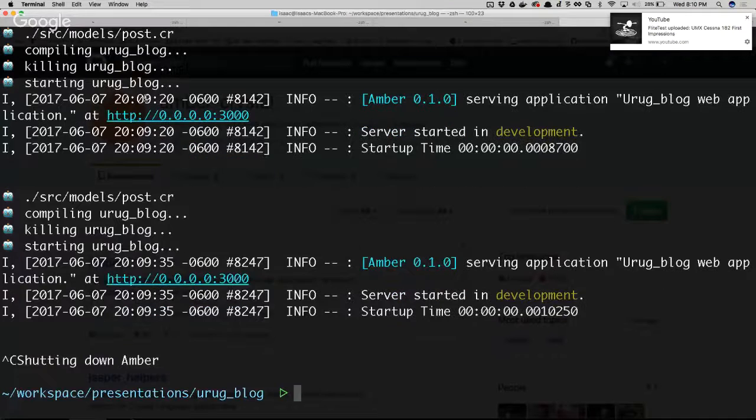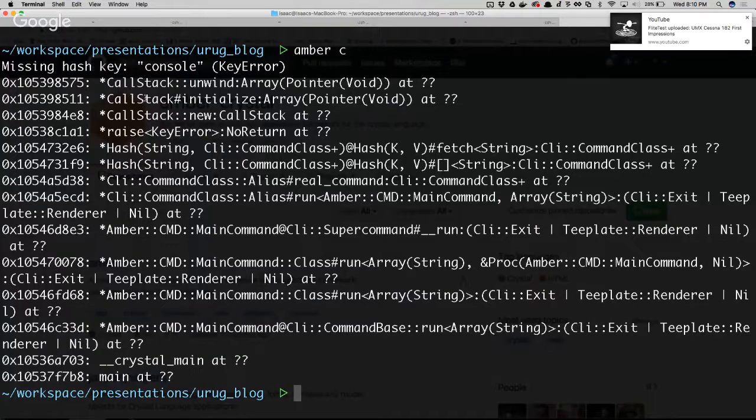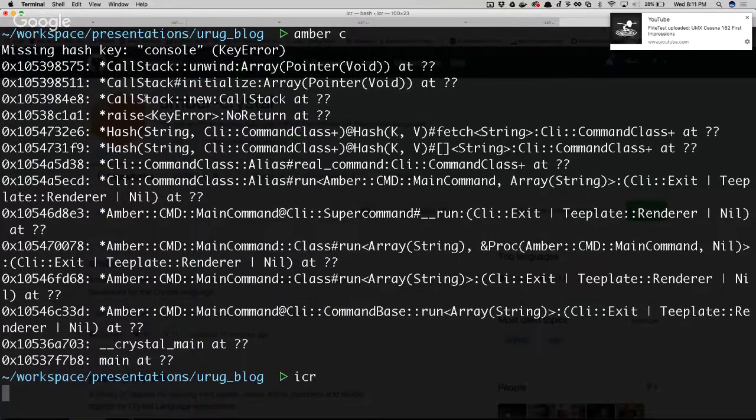I will see if that actually works. Okay, so that I haven't looked a lot at. Amber Console technically is using ICR. I haven't looked at how that works, and I don't think I've ever tried using it, so that probably does need fixing. But we do have what's called ICR, but all that's doing is taking your code, keeping track of scope, and sending the code to be compiled.